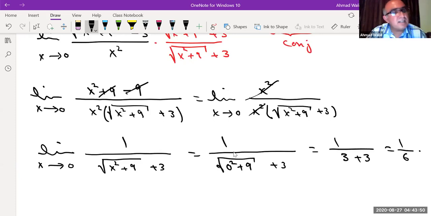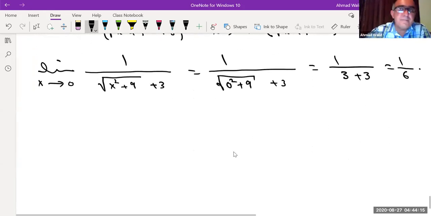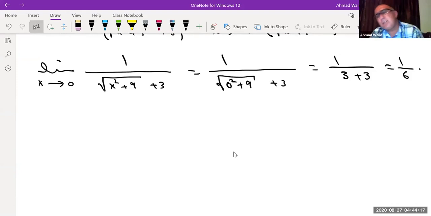If you have a radical in the denominator, multiply the numerator and denominator by the conjugate of the denominator, correct? These are a few methods that I showed you, a few examples that work very well. And we are done with the laws of the limits here. Now, I'll explain 2 more theorems for you. One of them, we call it the squeeze theorem. What does it mean? And the other one, if you have 2 functions and you compare these 2 functions,